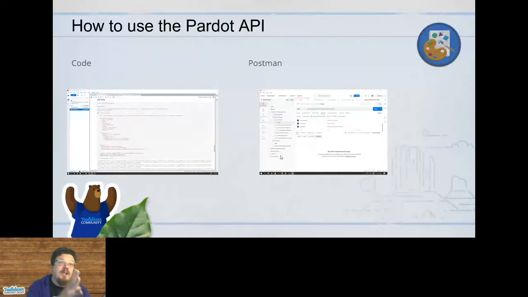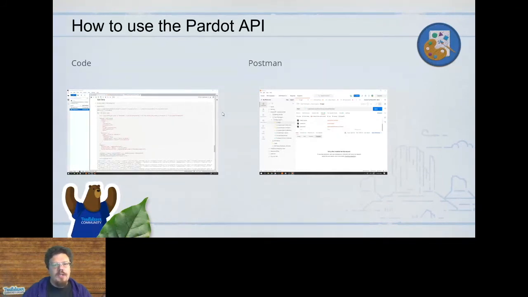Like, we start writing code and this API thing keeps giving me an error. Well, we can kick back out to Postman, try it in Postman and see, can I get it to work? Oh, I can get it to work in Postman, but it's not working in the code. Why? And we can then do that comparison side by side and say, oh, here's why. My bearer token, I forgot to update the variable in my code for the bearer token, so I wasn't sending the bearer token, and now I can fix that in my code, and the code starts getting data and stuff like that.